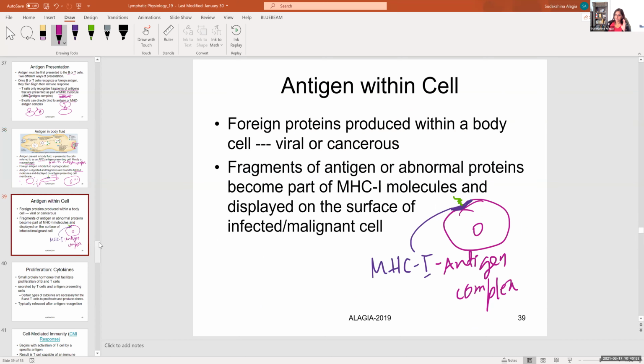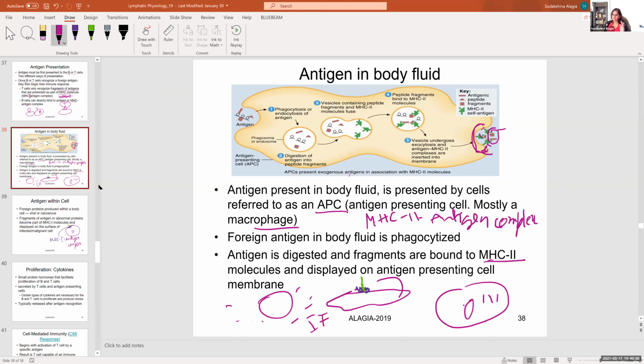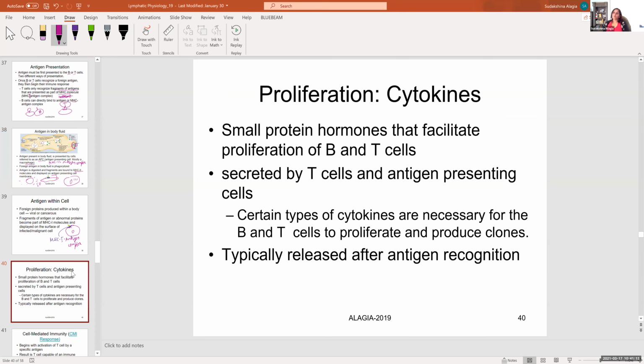So some immunogenic cells somewhere will recognize these, and there are two groups. Those that bind to MHC2 are not the same as those that bind to MHC1. However, whichever cells recognize and bind either MHC2 antigen complex or MHC1 antigen complex, these B and T cells will require